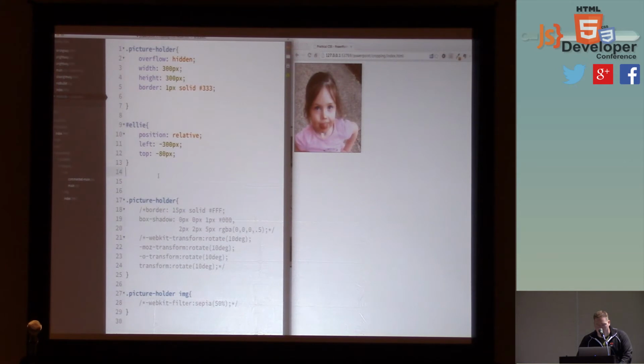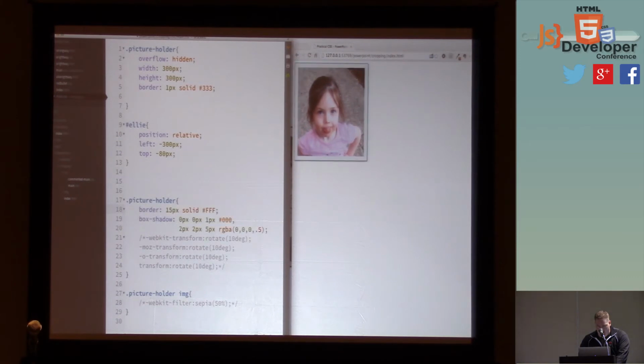Now I want to go a little bit further with this, because one of the things you can do in PowerPoint is add nice borders around stuff, and while you can't do as much of that in HTML, I can make this look sort of like a Polaroid. So I'll go through and I will accidentally recomment it. There we go. I'll add a border,